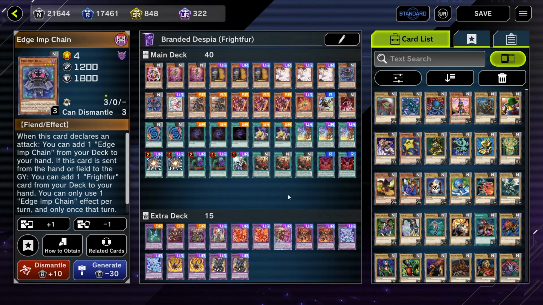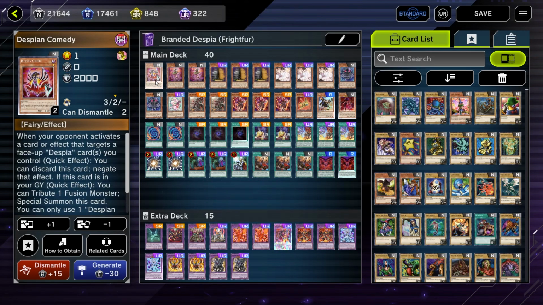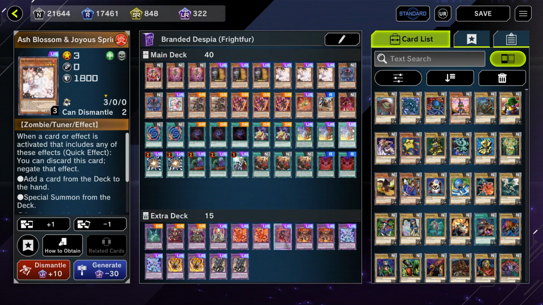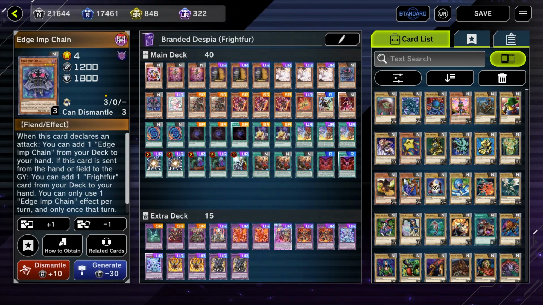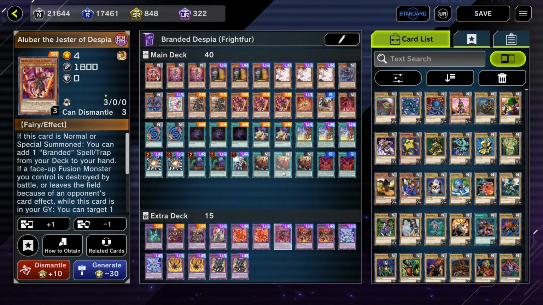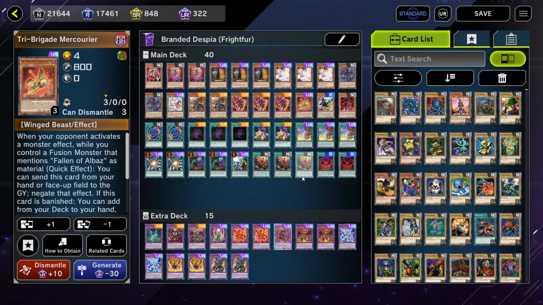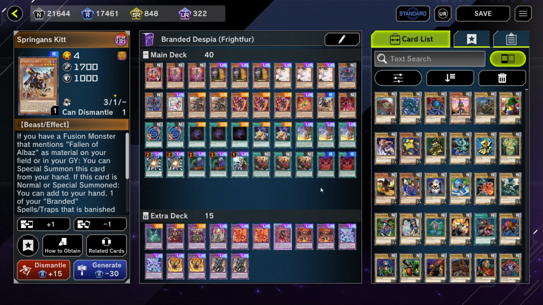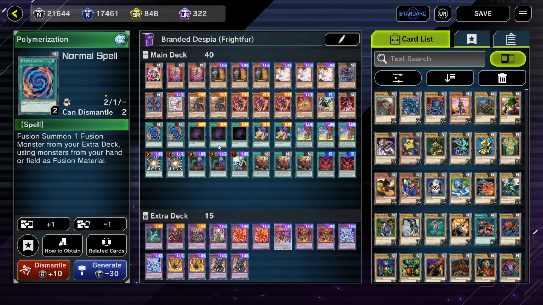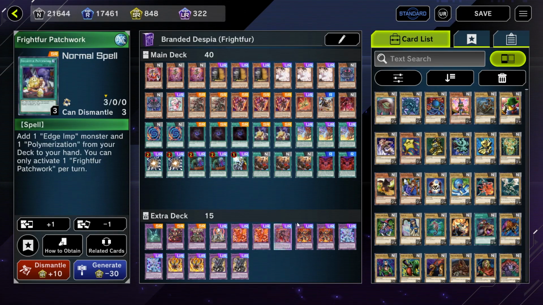But alright, so let's go ahead and break down this list card by card, and then we'll take a look at some gameplay here. So we are playing 1 Despian Comedy, 2 Despian Tragedy, 3 Maxx "C", 3 Ash Blossom and Joyous Spring, 2 Edge Imp Chain, 1 Fairy Tale Snow, 2 Fallen of Albaz, 3 Aluber the Jester of Despia, 1 Tri-Brigade Mercourier, 1 Springans Kitt, 1 Ad Libitum of Despia, 2 Polymerization, 3 Allure of Darkness, 2 Frightfur Patchwork,